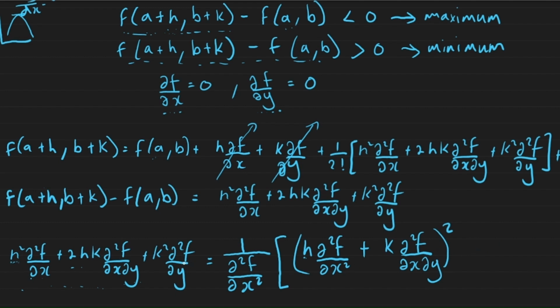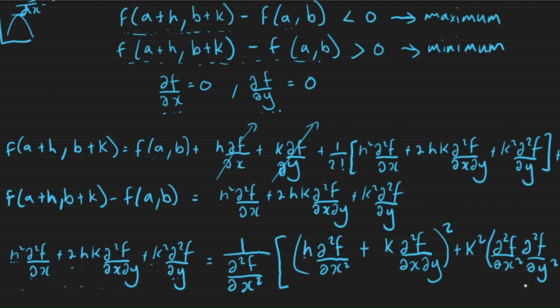But before we do that, we see that we have k squared ∂²f/∂y² on the left-hand side. So we need to also include this term on the right-hand side. So the way we'll do it is that we will add k squared. So this will correspond to this k squared. And in brackets, of course, we now need to cancel off this second derivative in the denominator. So we would write ∂²f/∂x² which will cancel off with this. And what we're left with is this second derivative with respect to y. So that's ∂²f